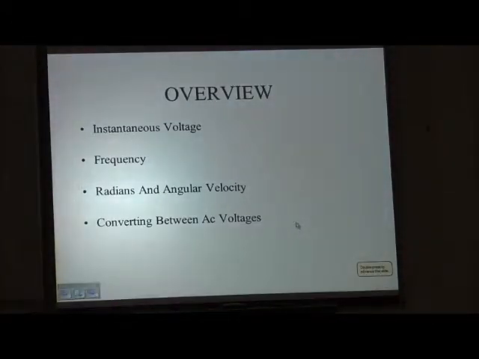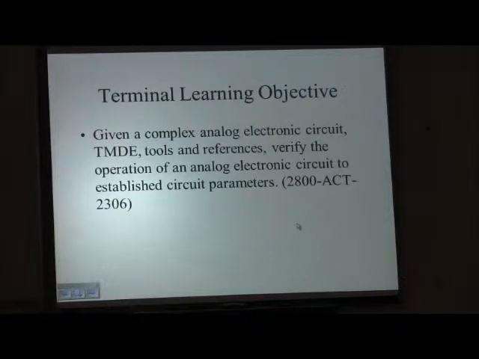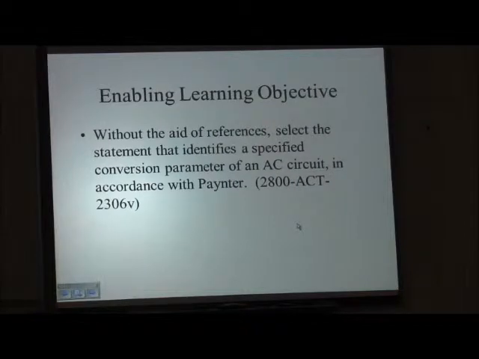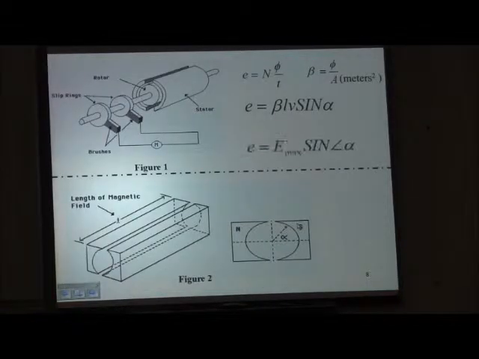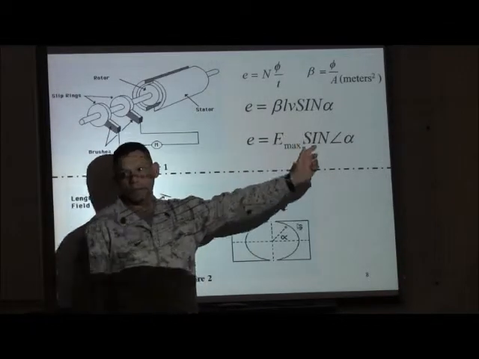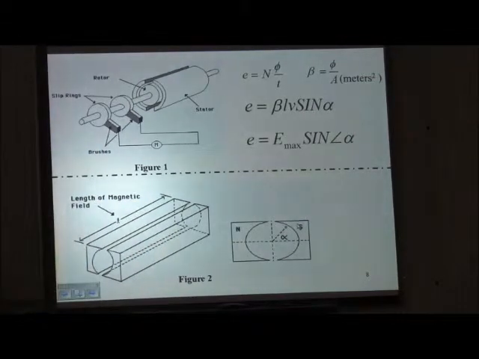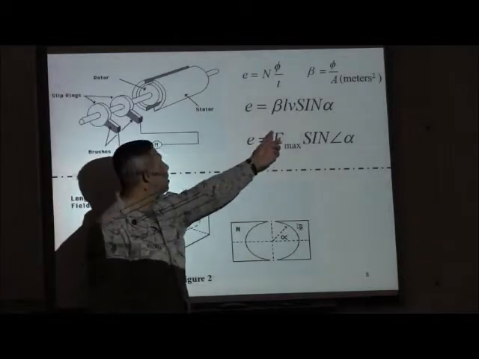All right. This was our first AC lesson. Again, we're trying to find an instantaneous voltage or an instantaneous current on a curve. If we're given beta, the length, and the velocity, can we find Emax? Yes, just multiply those three together, and that gives you Emax. If you're given Emax and beta and the length,